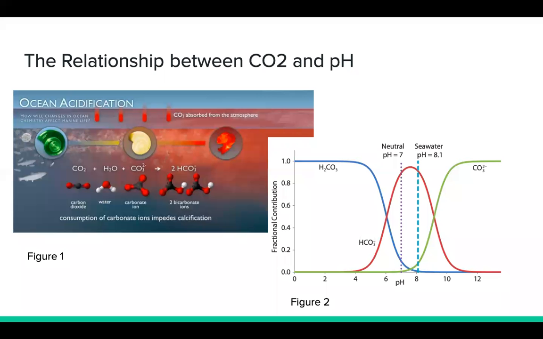One third of the CO2 emitted annually into the atmosphere is dissolved into our oceans. An increase of CO2 in our oceans causes a decrease of pH, which makes for a more acidic environment. Carbonic acid is a product of water and carbon dioxide when mixed together. That carbonic acid can rapidly dissociate and make bicarbonate by losing one hydrogen ion. Bicarbonate is also an acid and can further dissociate into a carbonate ion by losing another hydrogen ion. Carbonate ions can interact with other ions such as calcium and magnesium to form calcium and magnesium carbonate.